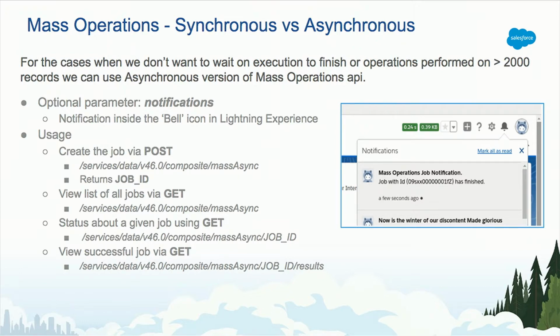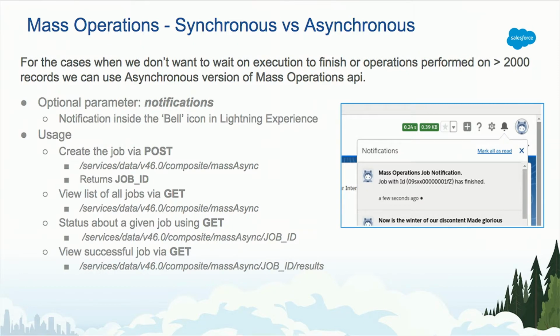So to help with that, we also provide you an asynchronous version of it. If you have more than 2,000 records that you want to process, or if you have an org that has a bunch of triggers, validation rules, some logic that takes a lot of time to process, and you want to return the response back to the client and let it do the processing, the asynchronous version is a good way to go. The mechanism behind it is similar to how Bulk API works,